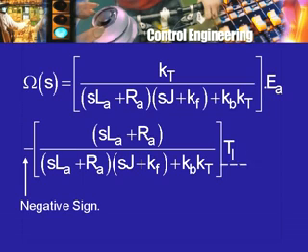Again one can interpret that when the load torque is there, the speed is going to be reduced compared to when the load torque is 0. If there is no load, the motor will run at a higher speed, so that explains this minus sign here. And of course, the higher the applied voltage, the higher we expect the speed to be, and the higher the torque, the lower we expect the speed to be. So the signs look alright.